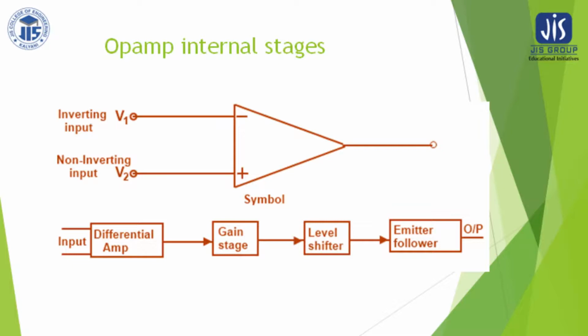That is, suppose the output of the differential amplifier has a certain magnitude and is required to be decreased to some lower value, so that level shifting is done by the buffer or level shifter stage, and this output is fed to the output driver. The purpose of the output driver is to produce a sufficient amount of current which will be delivered to the load. So it is also an emitter follower circuit, but responsible for providing high current to the load, and therefore you are getting the output.